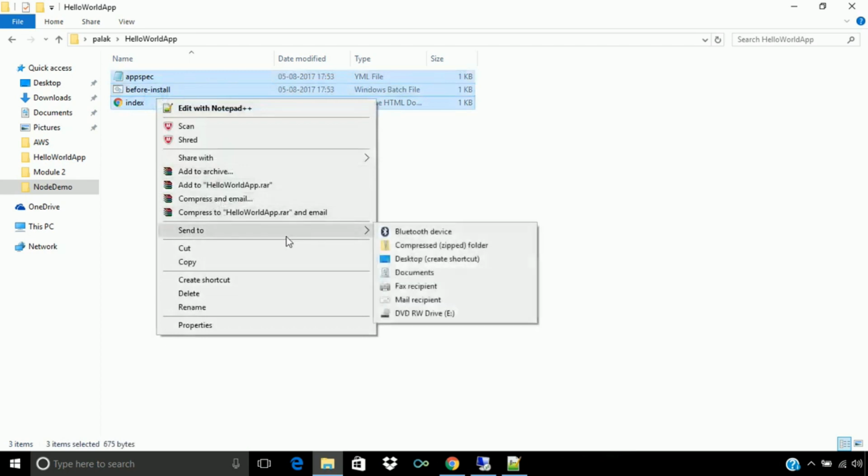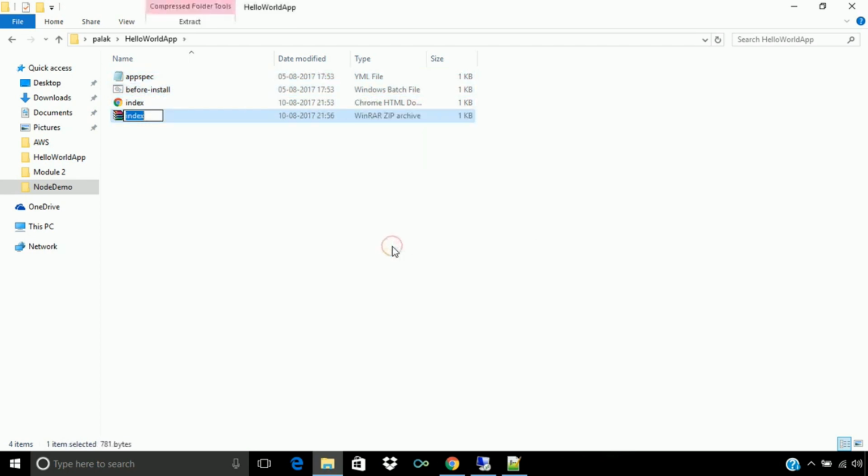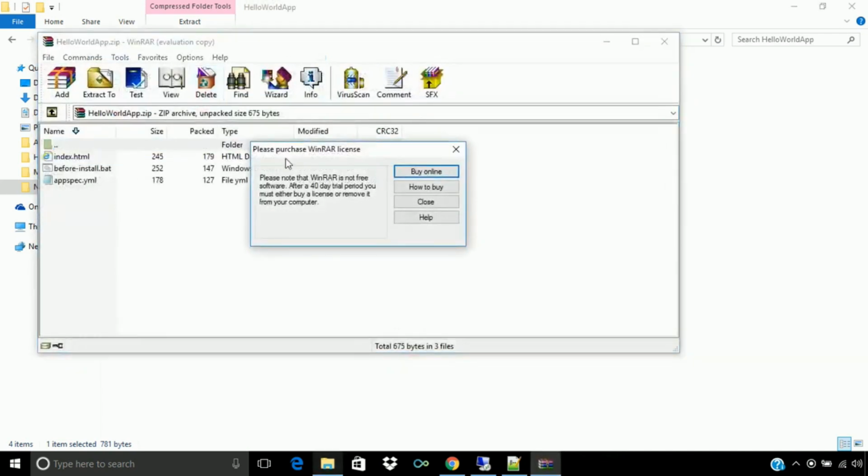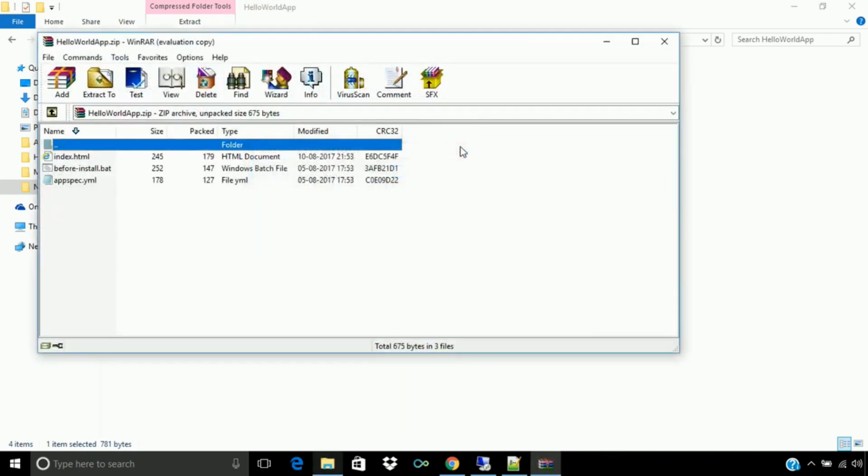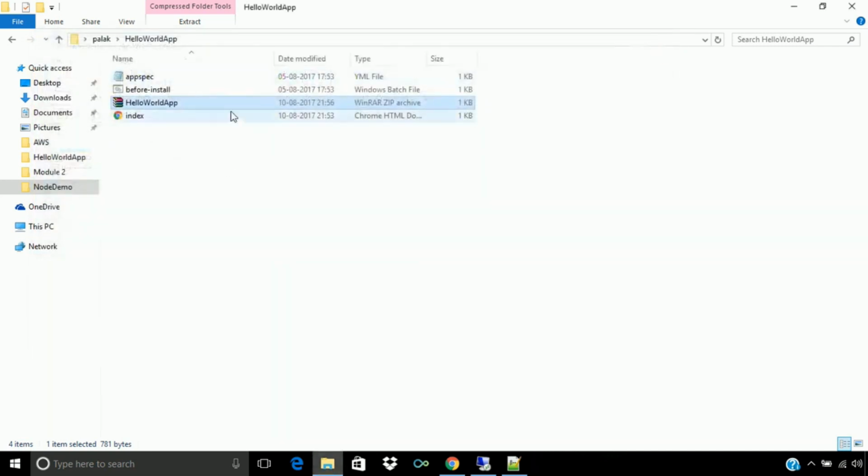So let's send it to a compressed zip folder and give it the name hello world app. If you look in that zip, it will directly contain these three files, not a folder with these three files in it. So the zip file is ready.